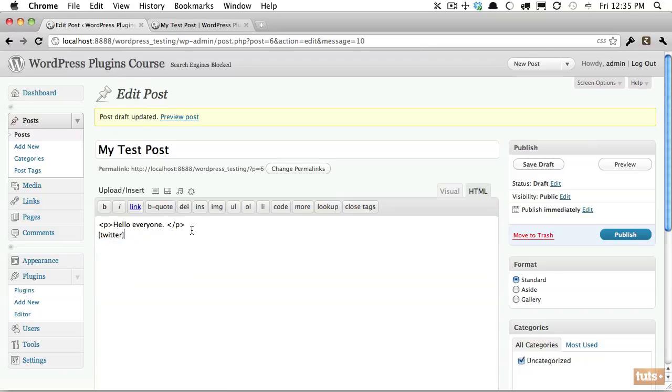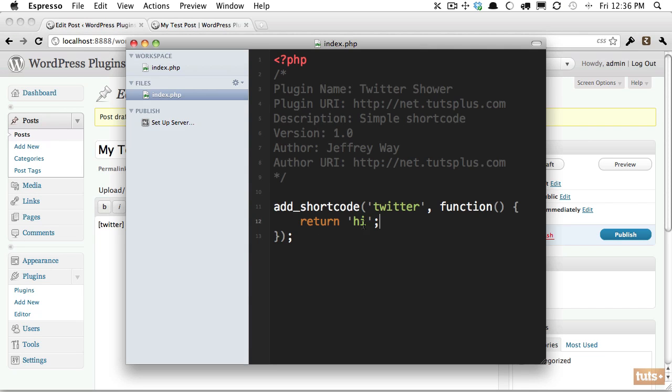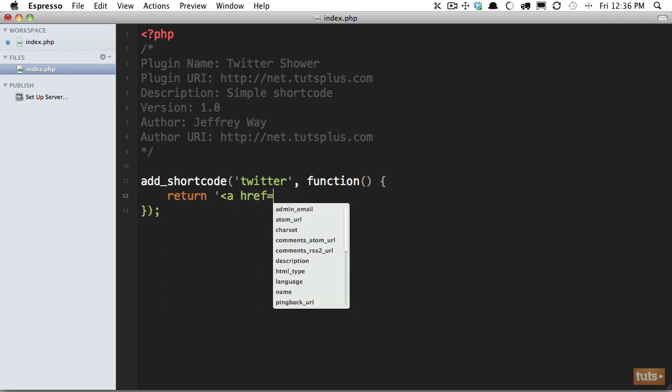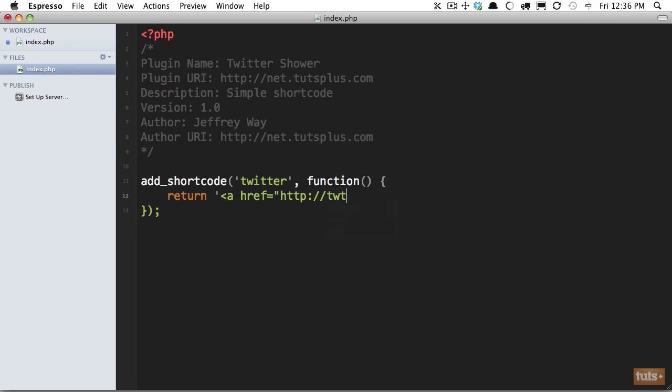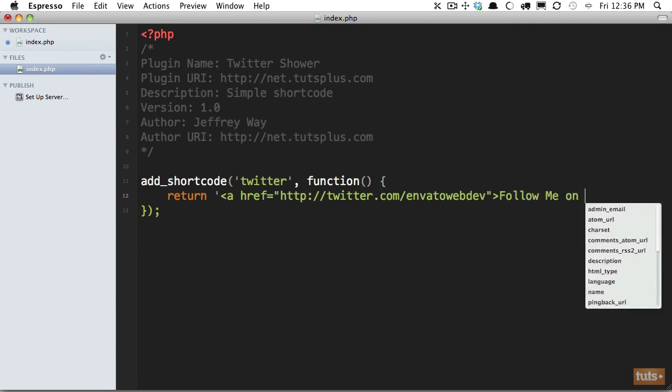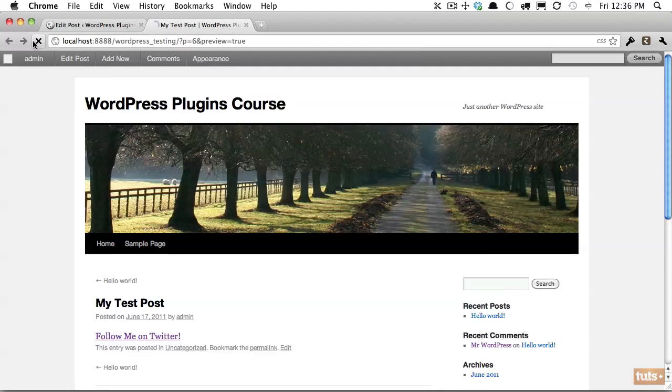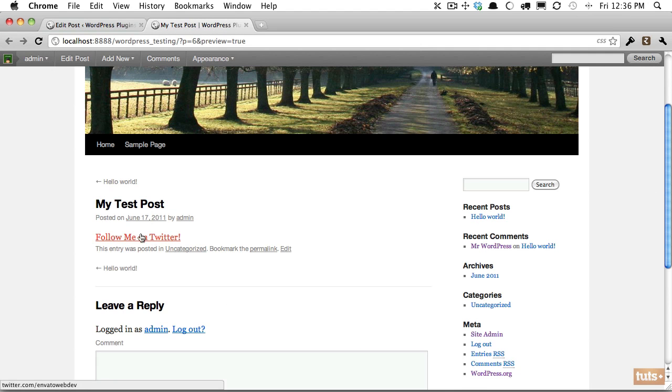So let's go ahead and get rid of this. And now we are going to return an anchor tag which says follow me on Twitter. So I will maximize this and we'll say return an anchor tag which links to twitter.com/EnvatoWebDev, which is my Twitter account, and we'll say follow me on Twitter. Okay, and let's come back, refresh the page, and now we're successfully getting follow me on Twitter with a link